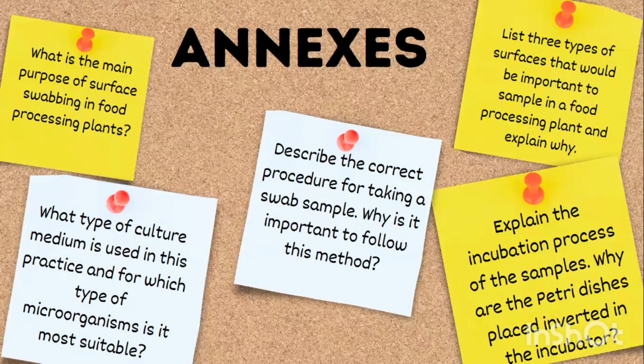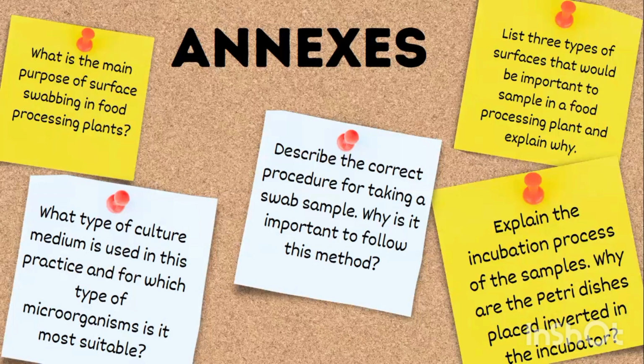The third question is, list 3 types of surface that will be important to sample in food processing plants and explain why. Okay, the crucial surfaces to sample in a food processing plant are direct product contact areas, such as tables and equipment, to avoid contamination. In addition, the environment, including floors and walls, should be sampled to prevent the spread of pathogens. It is also essential to sample handling and packing surfaces to ensure that the final products remain free of contaminants